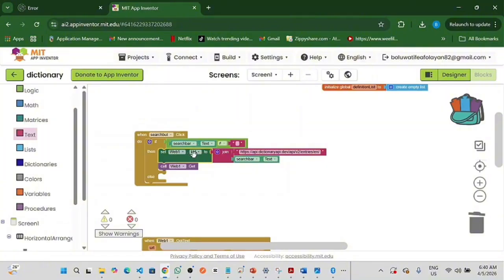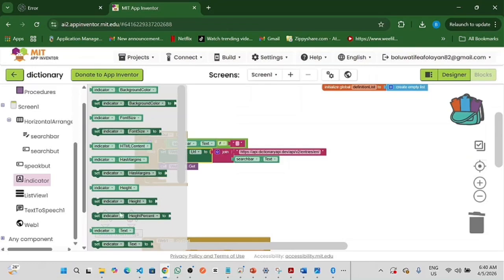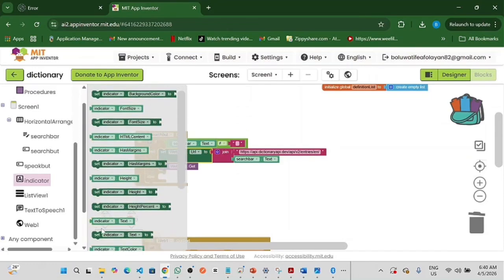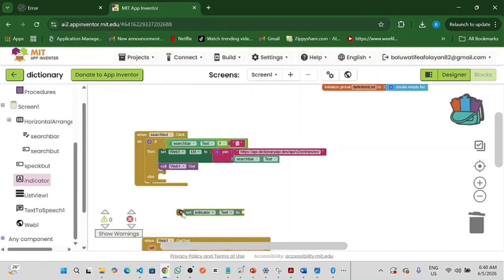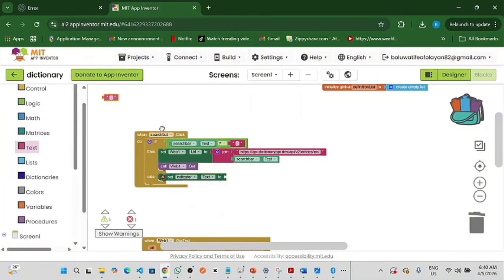So now, what if we have an empty text box or search bar? So we come to search bar, we come to indicator, which is our label. So we come to indicator.text, set indicator.text to. Now we come to text. So this will be like a warning that will be telling our user,